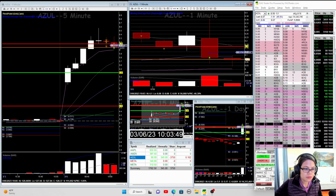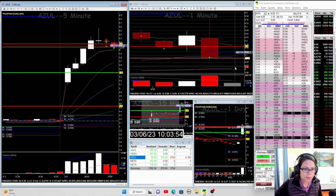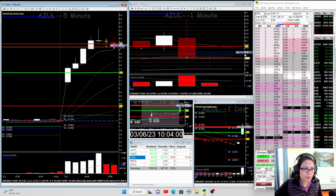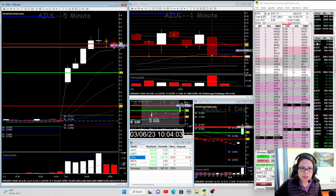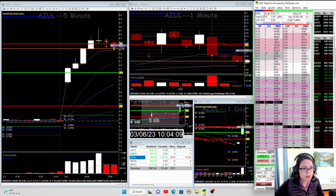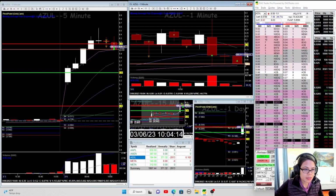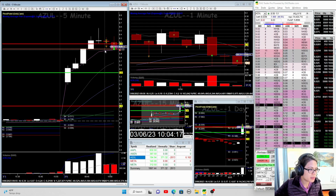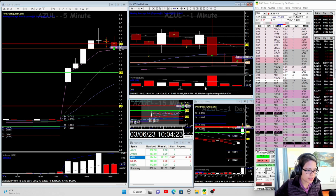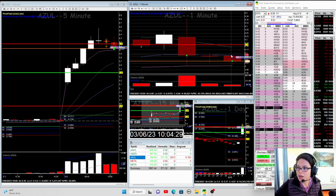Perfect. So this one, $6.07. Good. Took some partial, moving my stop loss lower than this. Expect the 6, that is the VWAP, to be a strong resistance there. That's why I'm just trailing my stop right here, because even if this one bounce up, at least I'm still